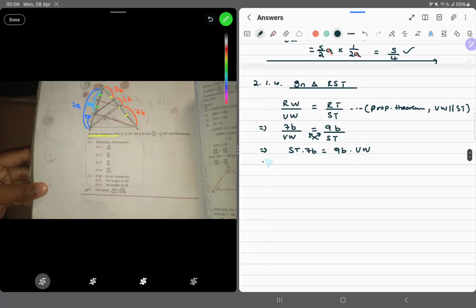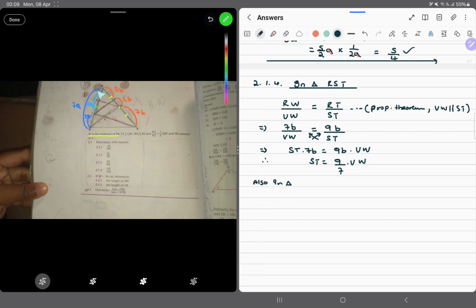Okay. So therefore, when we divide by 7B, we can see that ST is going to be 9 over 7, the B's will cancel, times VW. Great. That's an intermediate answer of some kind, so we leave that alone. We can say also,